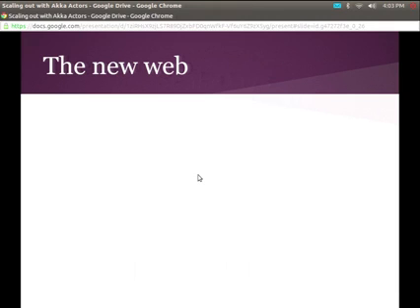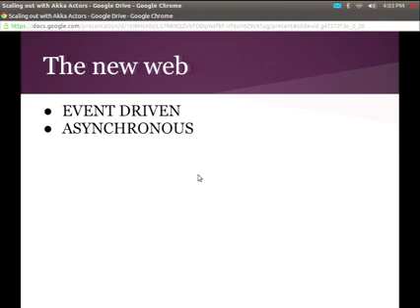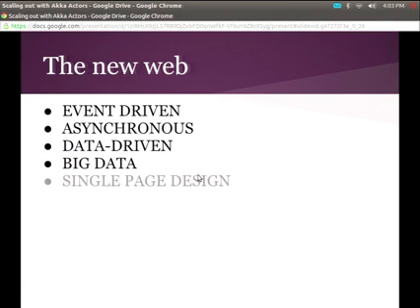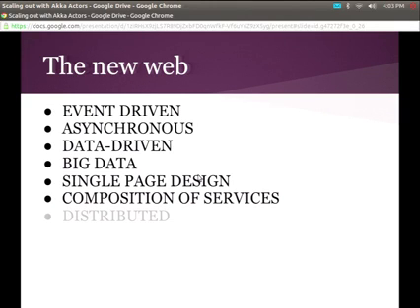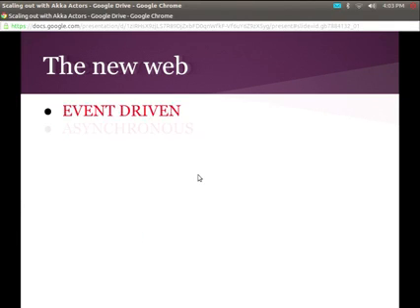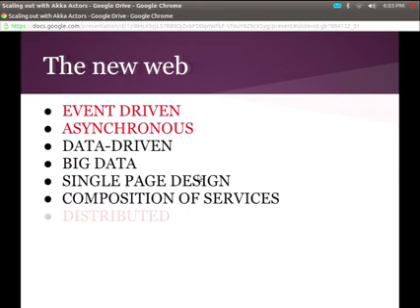So, okay, that said, this talk is in a series about the new web. The new web has all sorts of fun buzzwords in it. Big data, event-driven, asynchronous, all that kind of stuff. You're hearing about all these. The things we're going to talk about today: event-driven, asynchronous, distributed, reactive systems. Okay, so if you need buzzwords to take back, this is the end of the buzzword part of the talk.